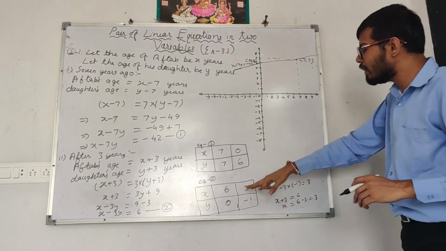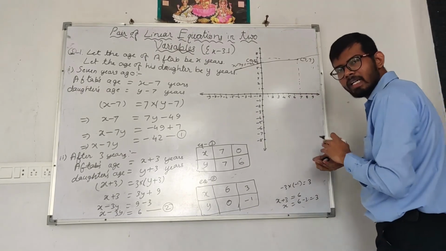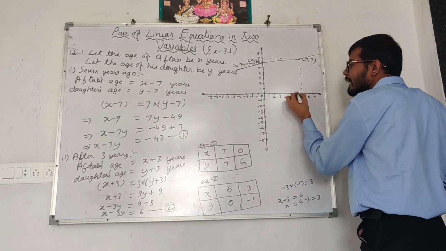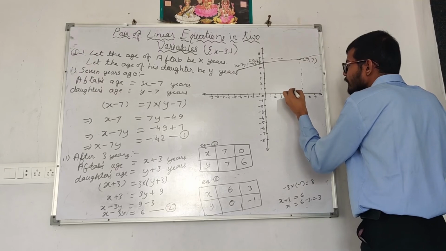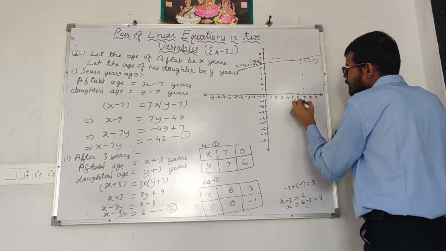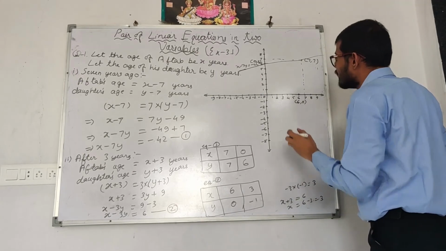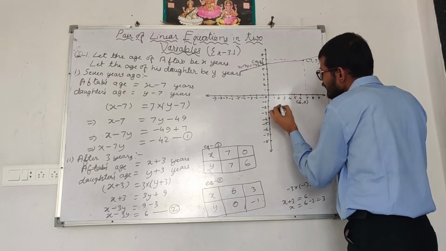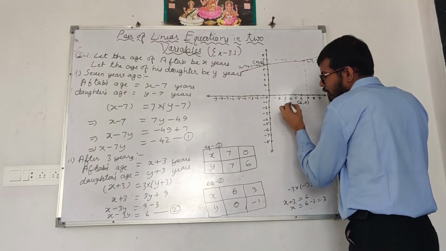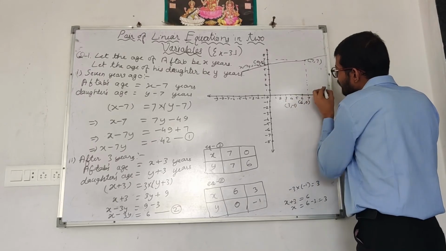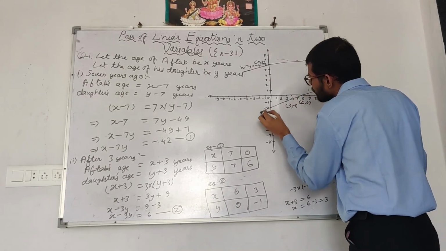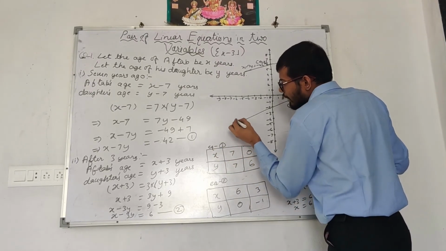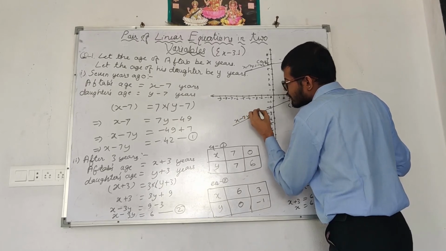Now we can place the values of x and y in the graph and form another line. So first x value 6, y value 0. So this point is 6, 0. Another is 3, minus 1, where x value is 3 and y value is minus 1. So we got this point 3, minus 1. Now we will join these 2 points and write the name of the equation, that is x minus 3y equals 6.